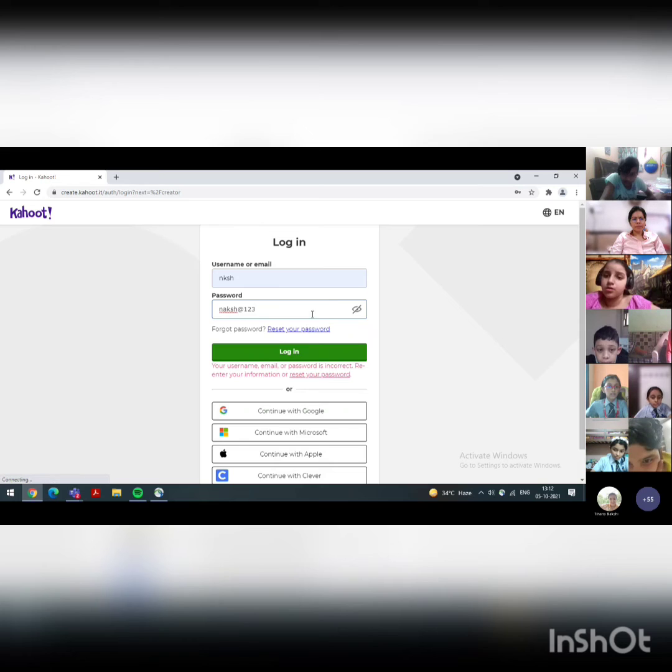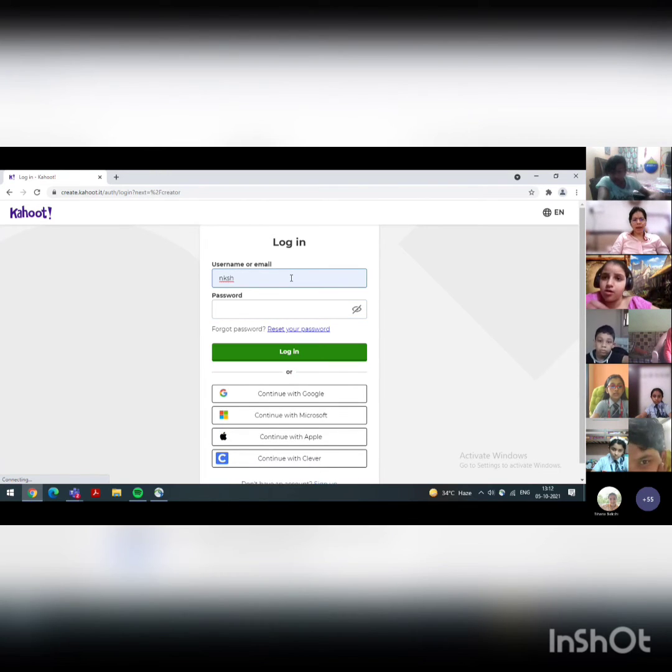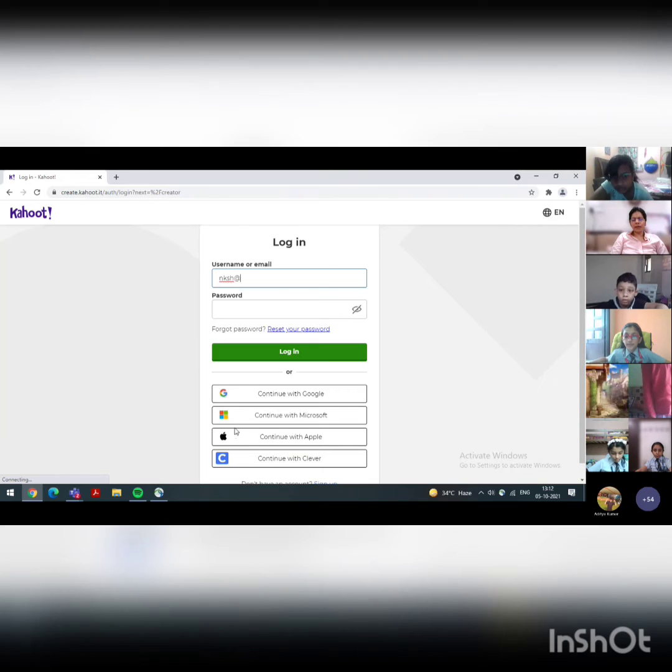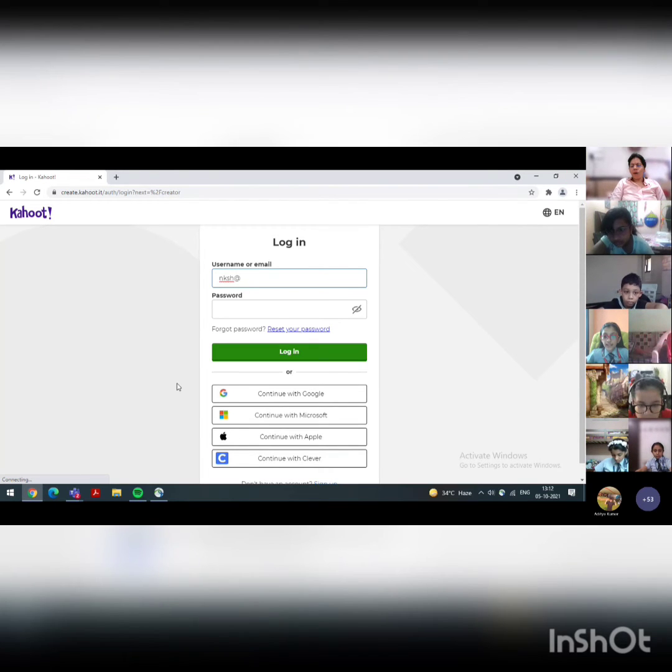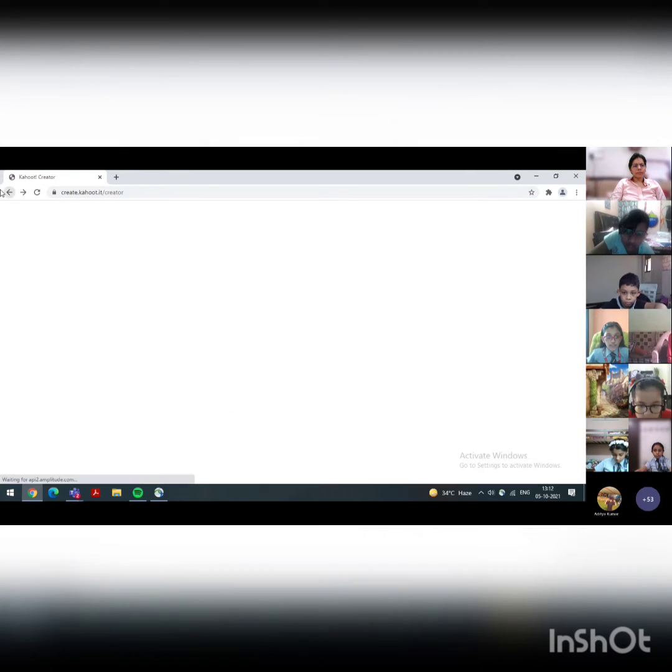Naksh, you have to write a Gmail email ID, then add the username. Do you have an email ID or not? Naksh, do you have an email ID? Ma'am, but I don't know the password. Naksh, are you sure you have made an email ID? If you don't have any email ID for yourself, just go back. Can you see that? Don't have an account, then create it. Wait, it will load. You can use your school ID.